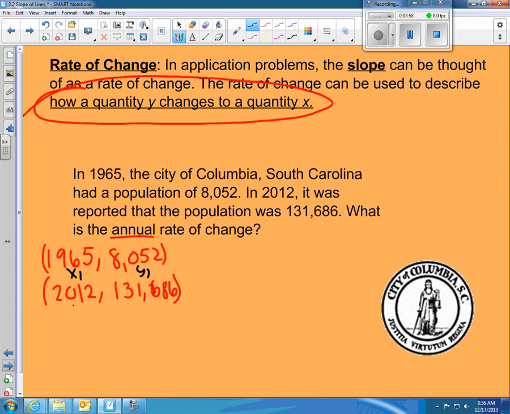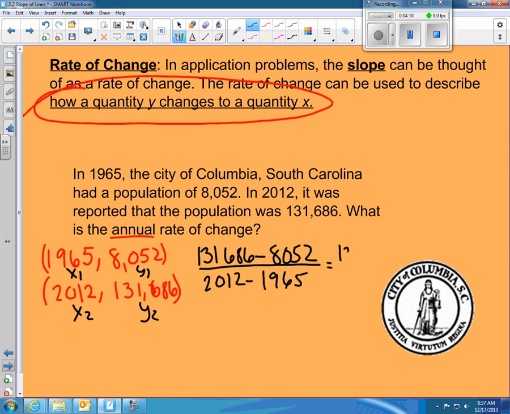So we're going to think about that just as if we were thinking about our slope. x1, y1, x2, y2. So we have 131,686 minus 8,052 all over 2012 minus 1965. So if you were to do that on your calculator, we'd get 123,634 divided by 47. But it asks us for annual. So that means we need to make the bottom number a 1. So if we take 123,634 and divide it by the 47, we are going to get